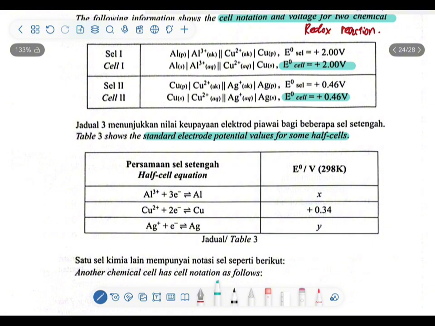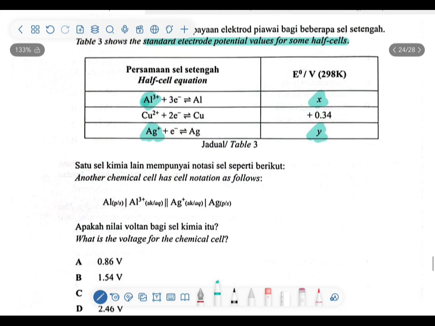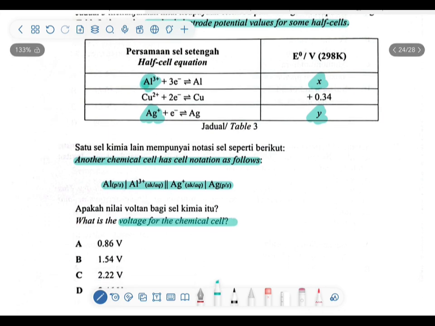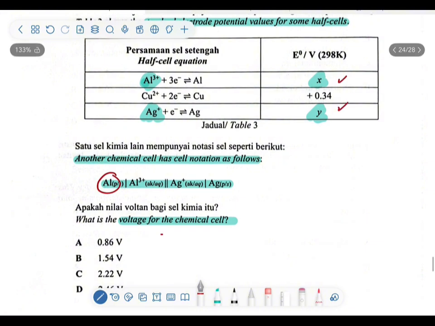So we are not provided with the E° value, which is the standard electrode potential value for the aluminum, and we are also not provided it with the silver. So we have another cell equation as like this. So we are actually going to find what is the voltage of the chemical cell, right? So basically we need to find what is X and Y, and then we get what is the E° value